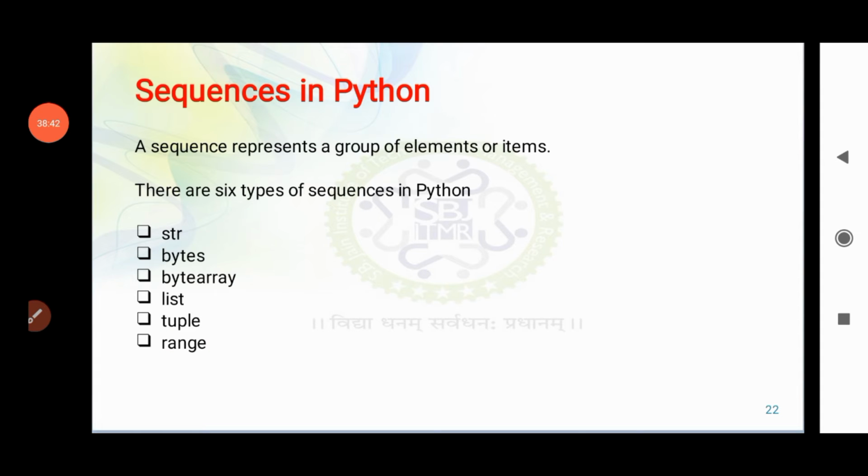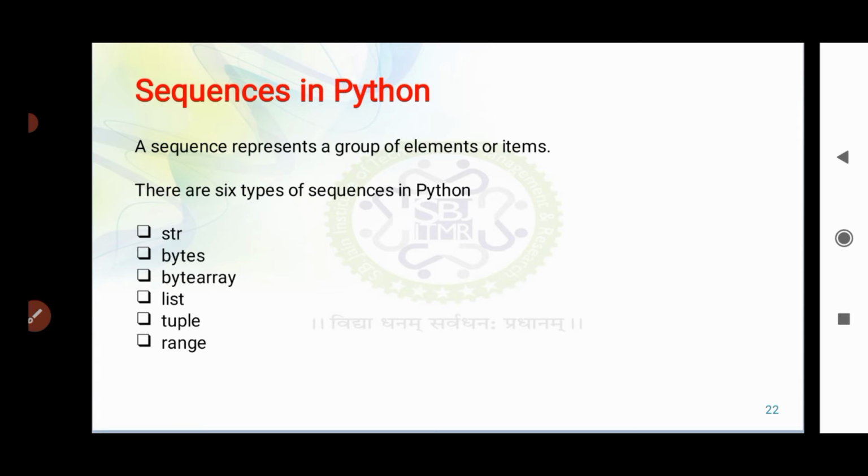The next data type in Python is sequences. Sequences represent a group of elements or atoms, like we have array, stack, linked list, queue. We are aware of everything, right? Everything was there in the C language.